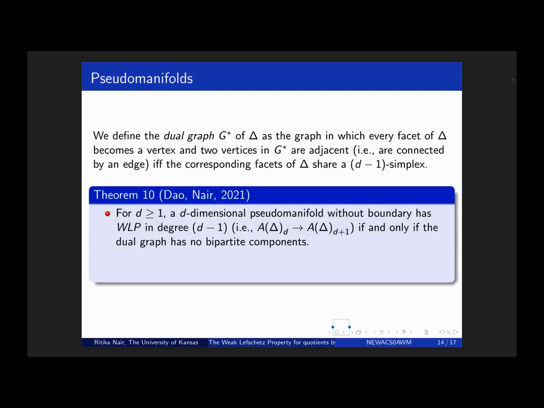So this is the next characterization. That is, whenever we have a D-dimensional pseudomanifold without boundary, that means every